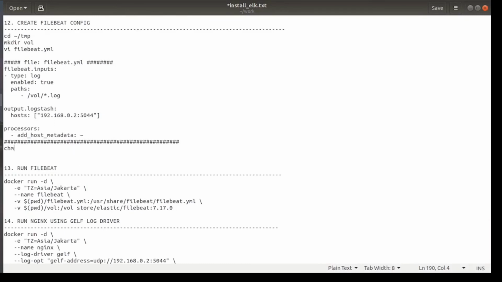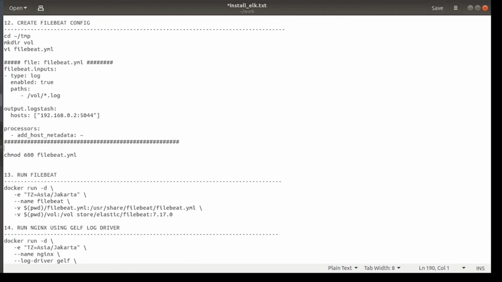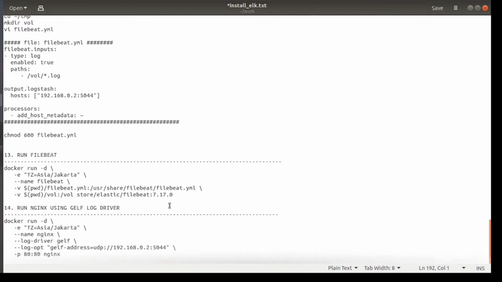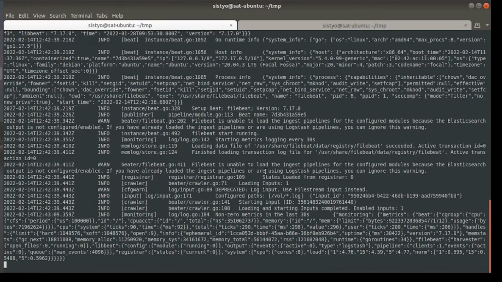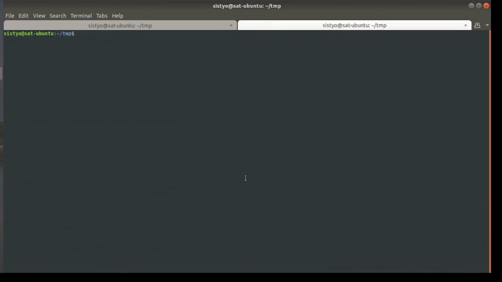I will add the chmod in here, so I will not forget later. Let's test creating a log in here. I just echo